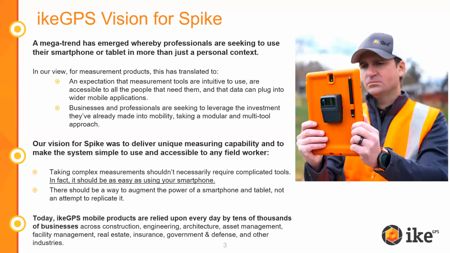When we were building this solution, and when I say we, I mean ikeGPS and Esri, we were saying, okay, we have Spike and we have these things called Survey123 and Collector. What is it that we're really trying to do? And a lot of what we've been trying to do is to get that workflow in the field of getting data from the field into a file geodatabase better, into a GIS better. And what were some of the barriers between doing that?